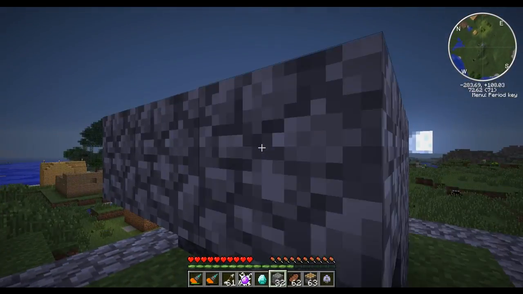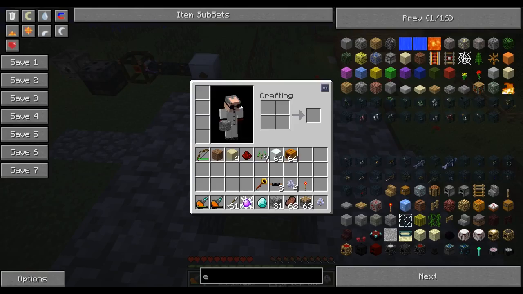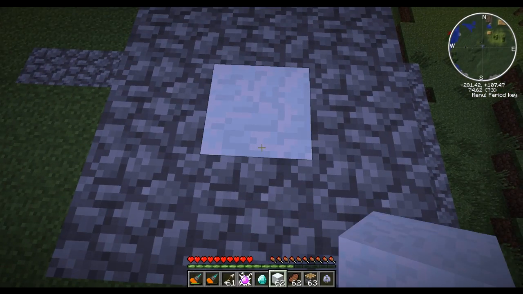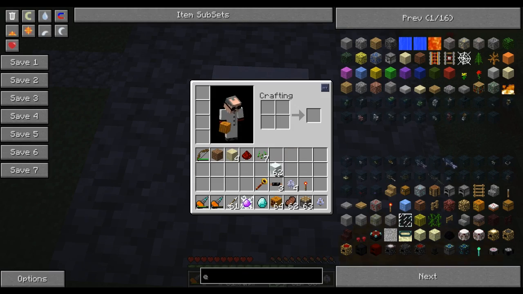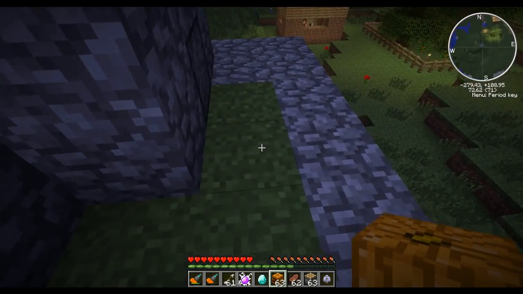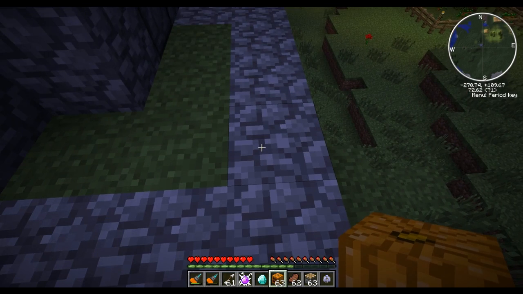And we leave a gap at the front. And then what we do is inside we build ourselves a snowman. And you might say, what on earth would you want to build a snowman for? Well, that'll become obvious pretty quick. So the next thing we have to do is come over here and build